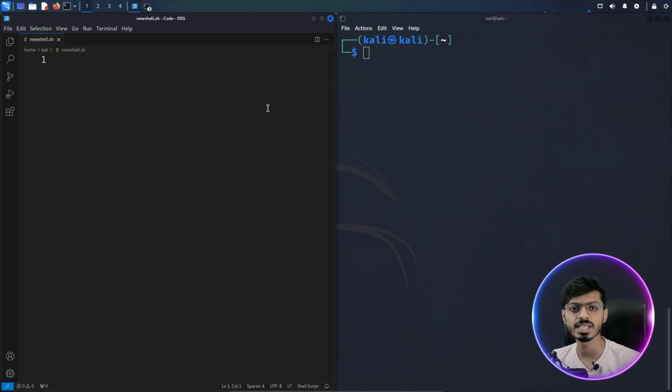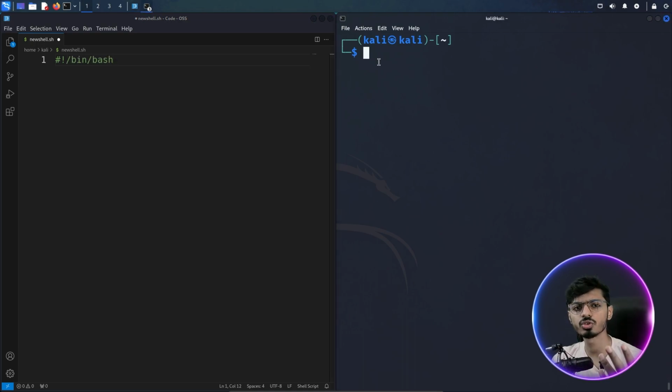Now, how we do this is by using something called a shebang. So shebang is the very first line we write on a script. It is denoted by two characters, a hash symbol and an exclamation mark. So in the very first line of the script, we write shebang, so a hash symbol and then an exclamation mark. It is then followed by the path of the shell. Now, since we are using bash and the bash shell is typically located in the bin directory, the path will be